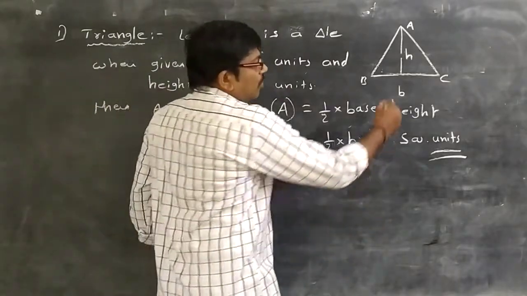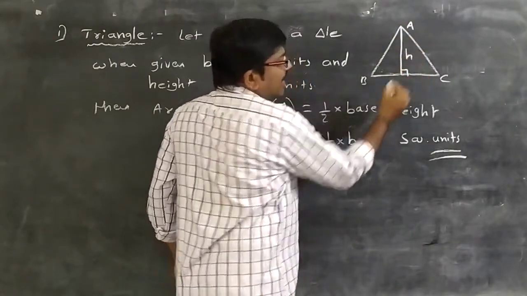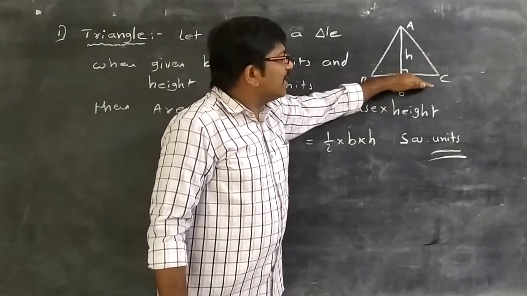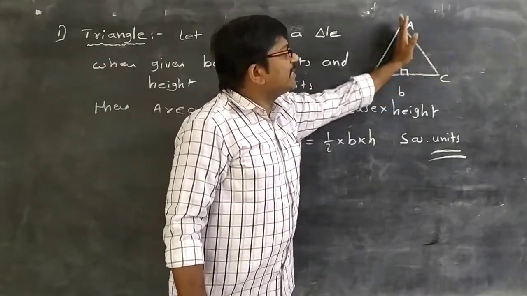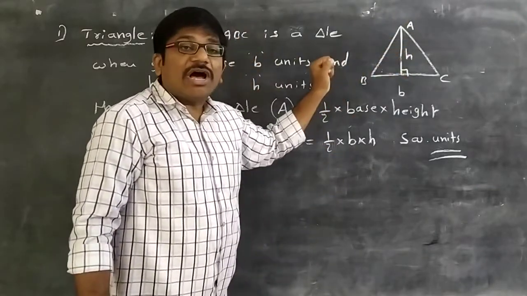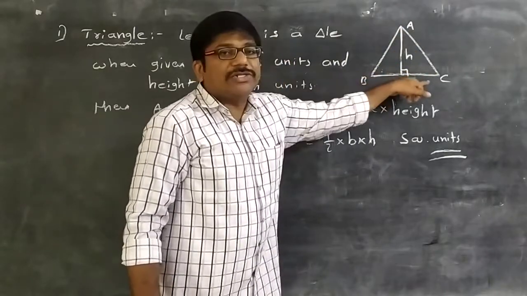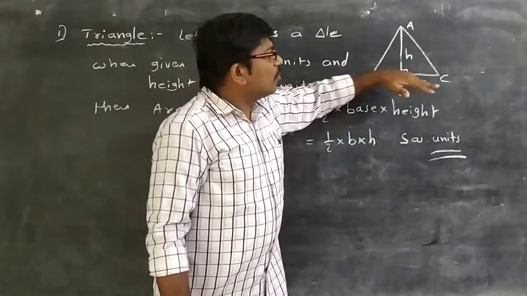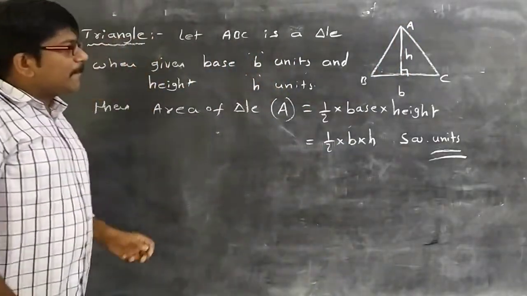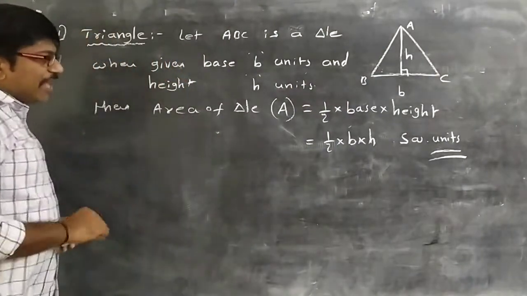If we observe, the height is always perpendicular to the base. If BC is the base, then its corresponding height is H. Height is also known as altitude. The altitude is always perpendicular to the base. So half into base into height is the area of a triangle when base and height are given. Next, we'll go for